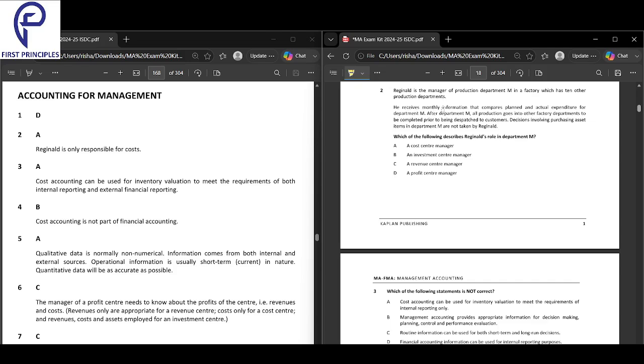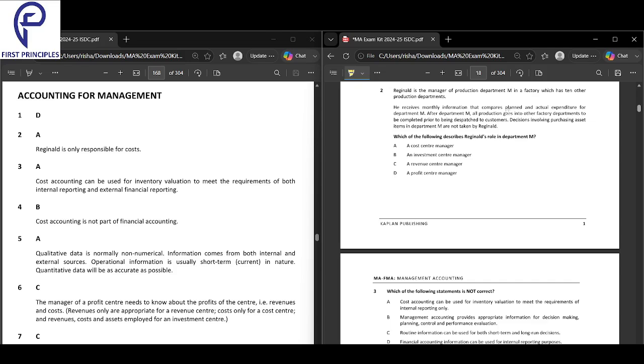Okay. So he receives monthly information that compares planned and actual performance. Very important. What does he do? He compares planned and actual expenditure. So he receives monthly information that compares planned and actual expenditure for the Department M. After Department M, all production goes into other factory departments to be completed prior to being dispatched